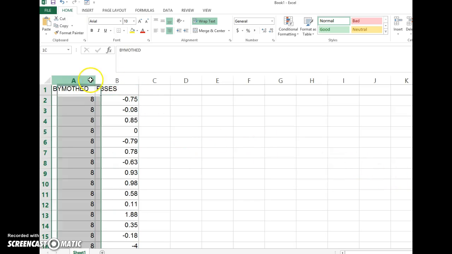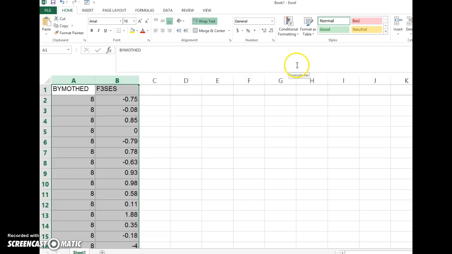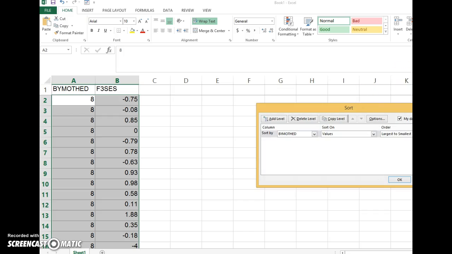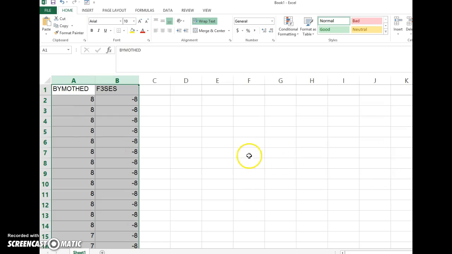And then looking over at the F3 SES, so this is their socioeconomic status when they were in their mid-20s. I just keep going over to sort and filter, custom sort. I know that's off your screen there. Let me just go smallest to largest. Now, this could have negative values. This is a standardized score, a z-score, but